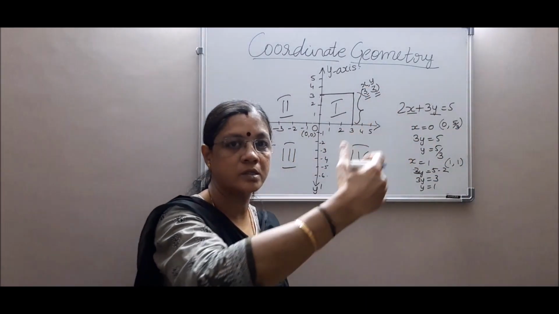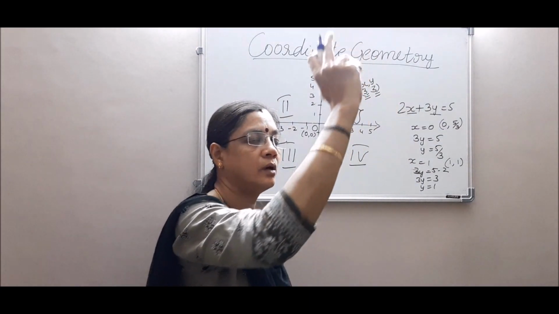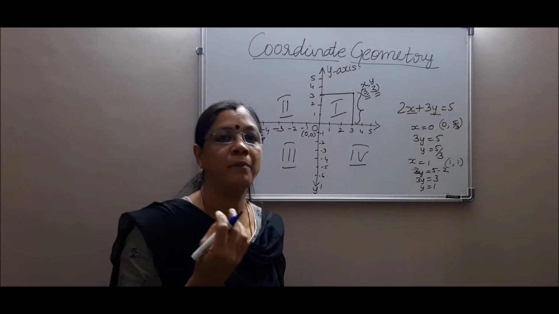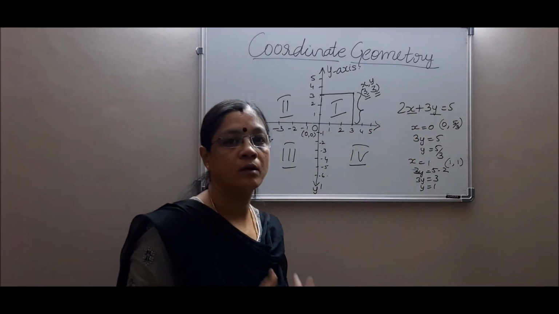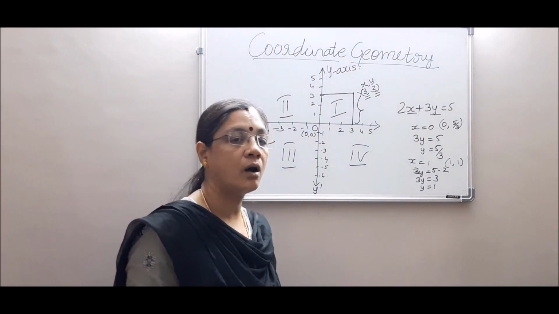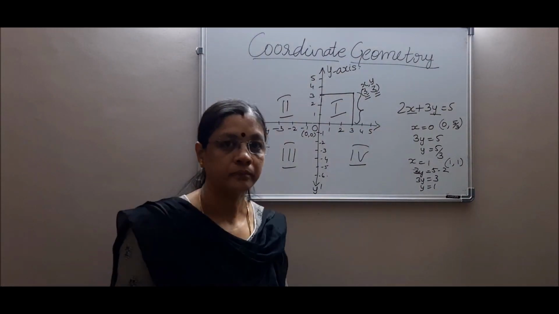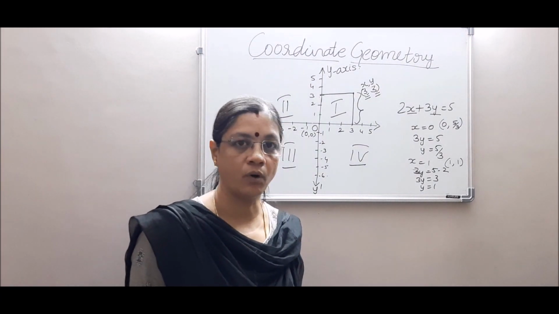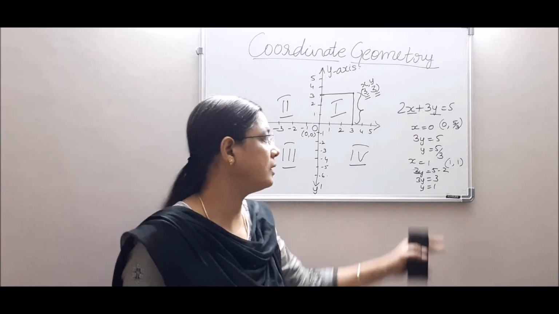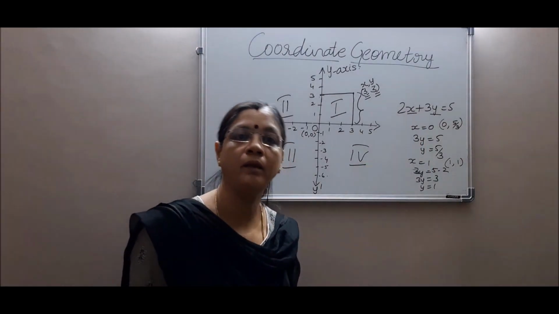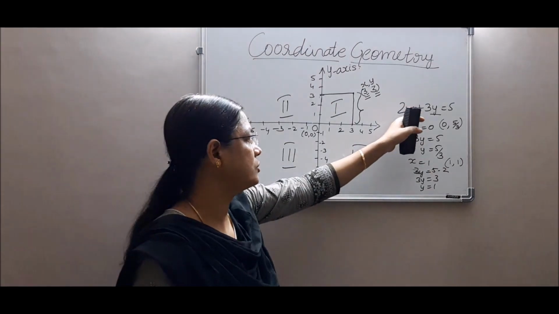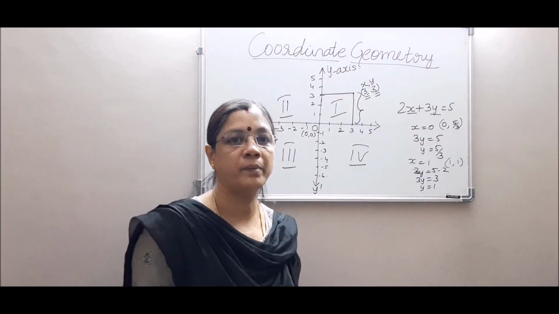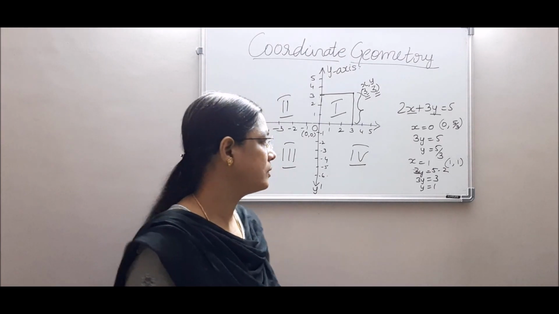We join the points. We try the points which fall in a line, we join them, and we get a line. We represent the equations by lines. So that is how people solved equations using this Cartesian system of coordinates. So we'll be able to represent the equation in the form of a line by plotting the points corresponding to x and y values in the equation. Do you understand? So for this purpose, this Cartesian system is used.